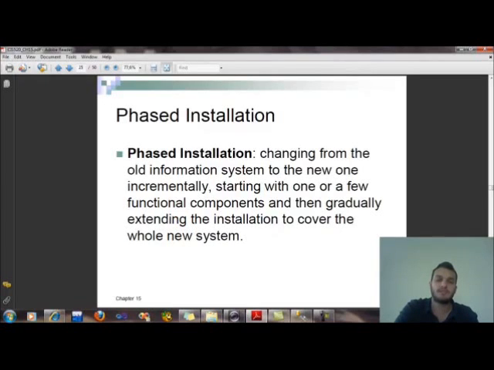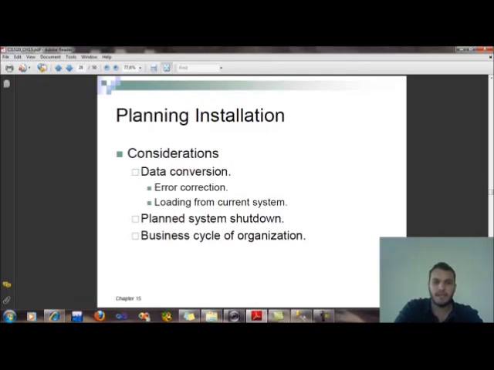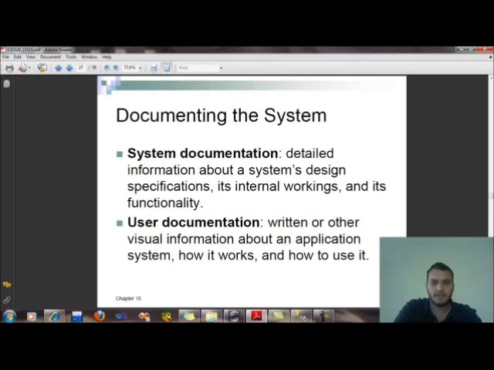Old information system to the new, incrementally starting with one or a few functional components and then gradually extending the installation to cover the whole new system. And planning installation considerations: data conversion, error correction, and loading from the current system, and planning system shutdown and the business cycle of the organization, and